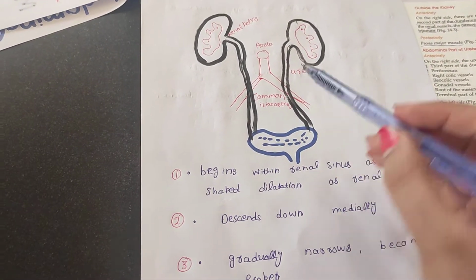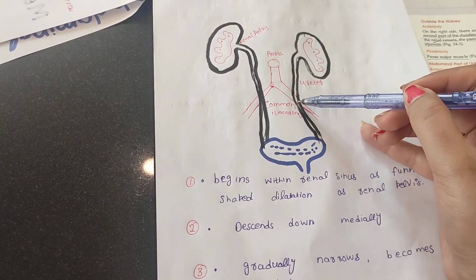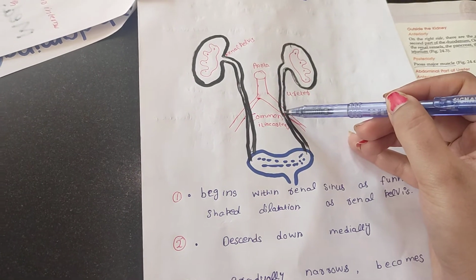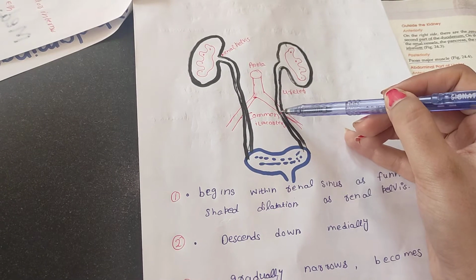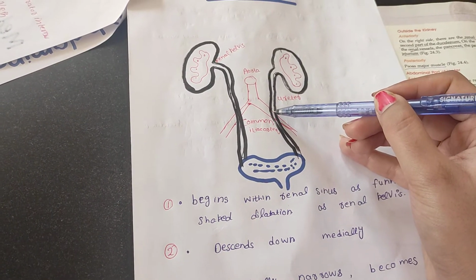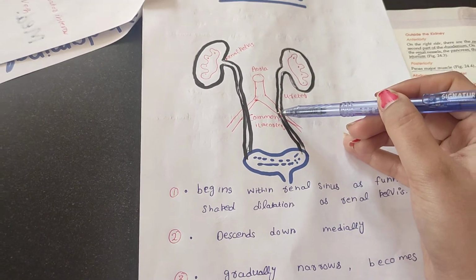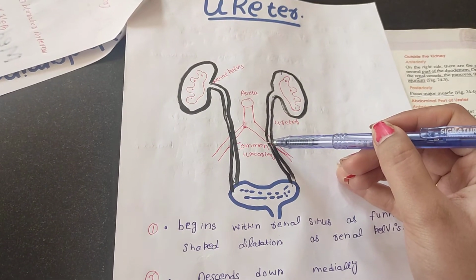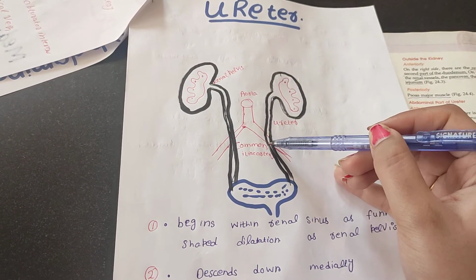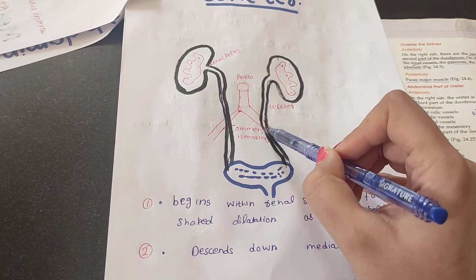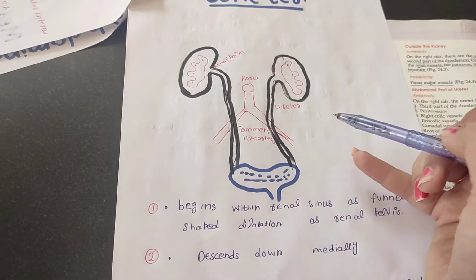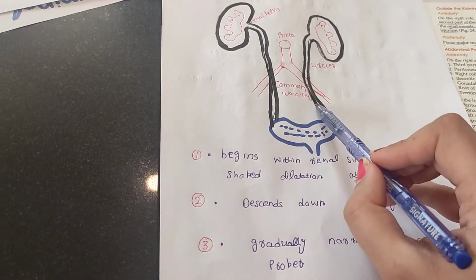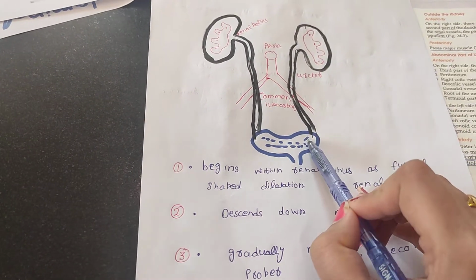So they said that where it crosses the common iliac artery, that is the pelvic part. From here, where the aorta bifurcates into the common iliacs, it enters into the pelvis. So always, where there is bifurcation and the common iliac artery starts, here it enters the pelvis. So the abdominal relations end and the pelvic part starts. After that, it goes laterally and descends down to the bladder.